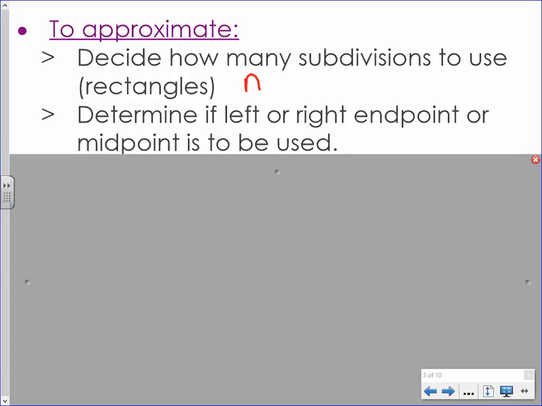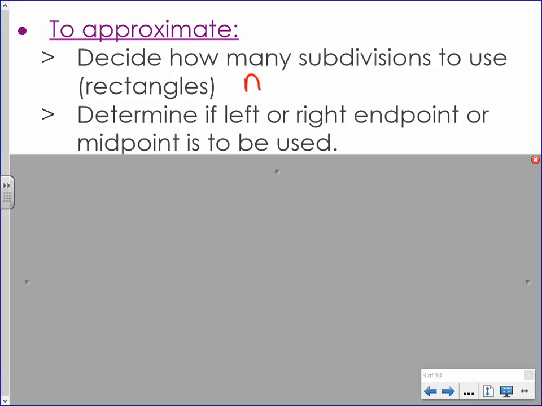We then need to know if we're using right, left, or midpoint. Once again, this will either be given to you directly, or it is something that you will have to infer. And I'll show you what I mean once we've done all these examples. So these 2 bullet points are going to be given to you in some way. From the next ones is really what we have to